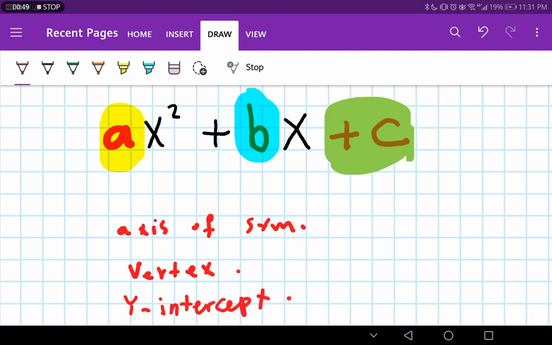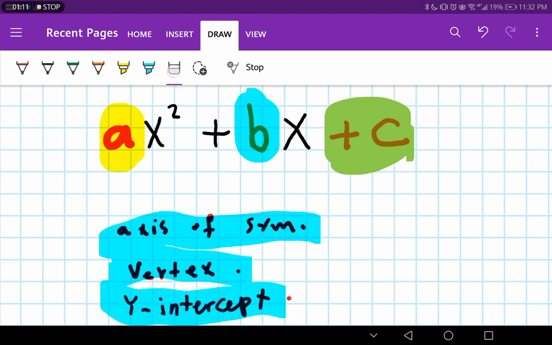Teacher, is it easy or hard? Actually, it is easy, but you have to follow the steps. Let us start with how we find the axis of symmetry. Is it hard? No, my dear student. But to know how to find all of these,